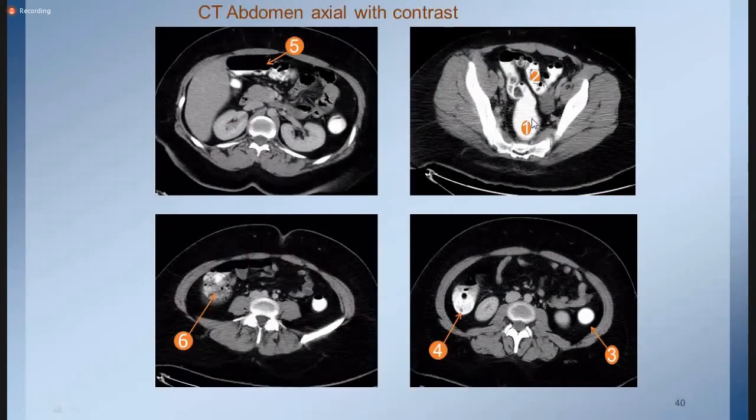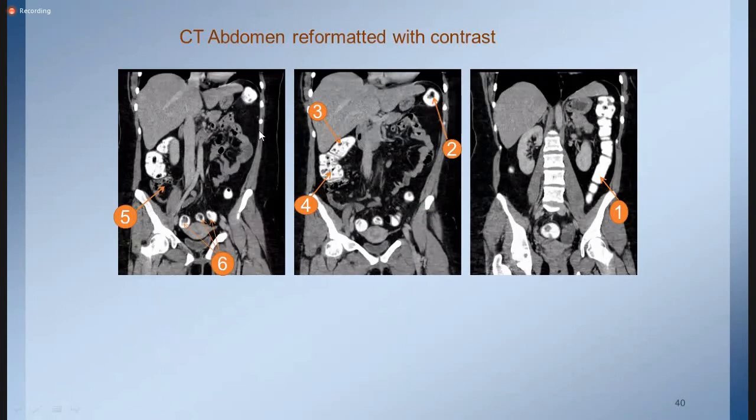So again, another example of normal anatomy demonstrating the rectum, sigmoid colon, descending colon, ascending colon, cecum, then the transverse colon. Another example of normal anatomy of CT scan abdomen with contrast, coronal images, demonstrating cecum, sigmoid colon, hepatic flexure, ascending colon. This is splenic flexure, and then we have the descending colon.